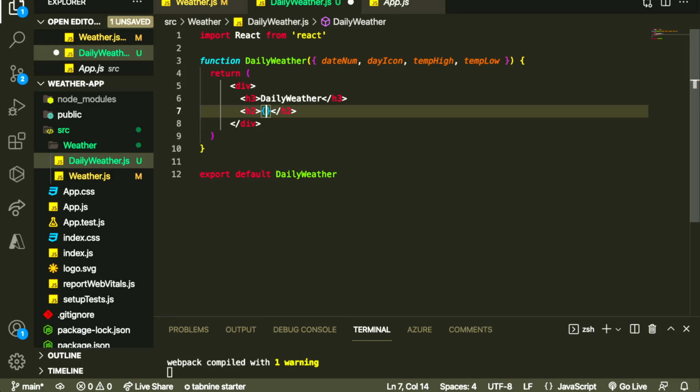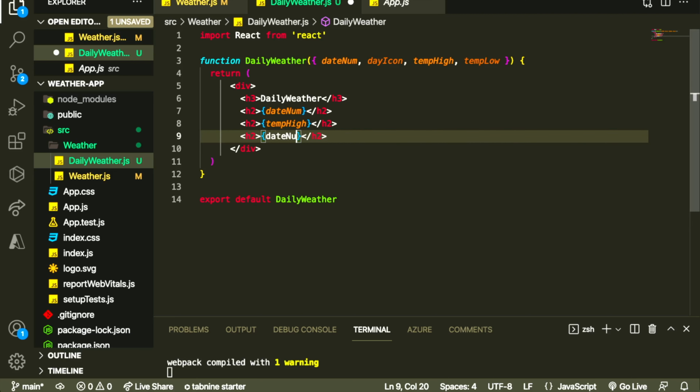So let's go date num, and I'm just gonna copy this down a few times. And what else do we need? Temp high and temp low. Oh, and these are just gonna be weird long numbers because we haven't converted them over to